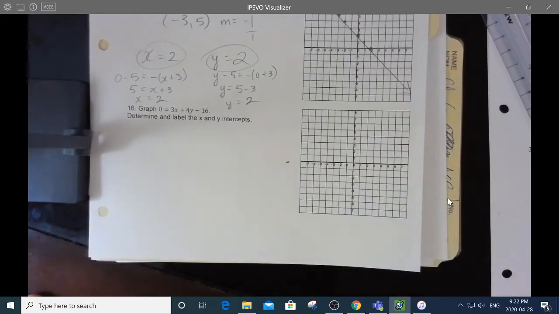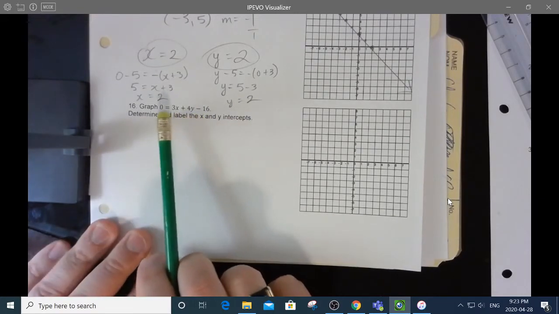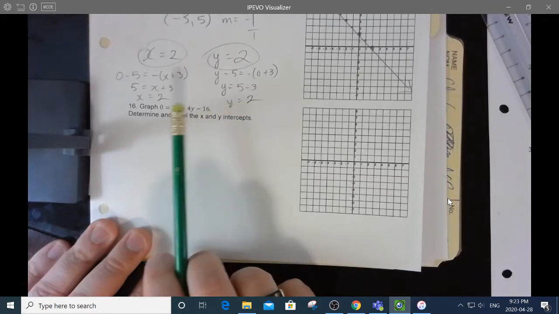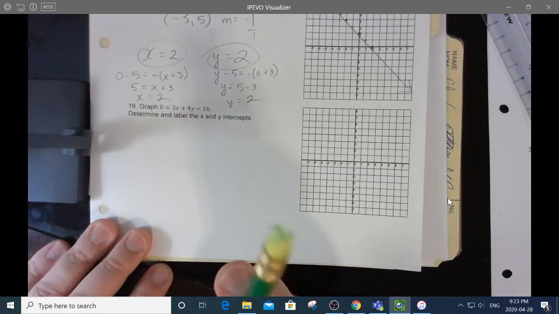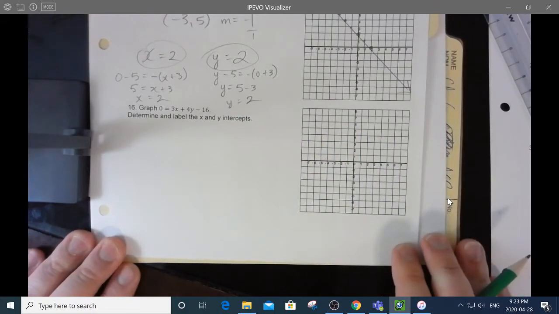16, graph that one. Okay, now I have 2 strategies. If you go back to the video where I showed people how to do this, I kind of have 2 strategies for when it's in general form. If 3 and 4 were both factors of 16, I would just find the intercepts. But 3 doesn't go into 16 without being a fraction. I don't feel like trying to graph fractions on here. So I am going to